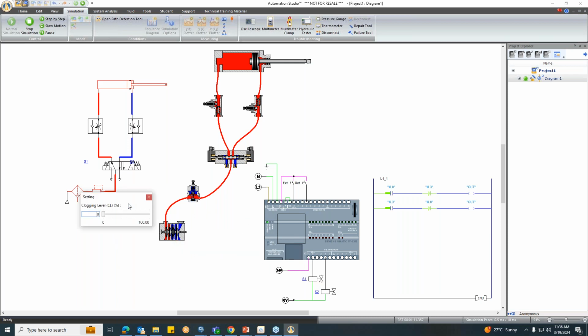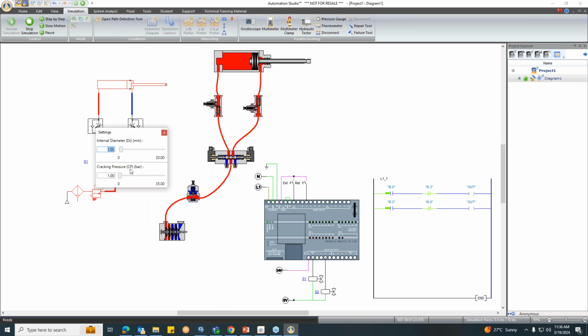In the ISO symbol also, you can change the clogging level of the filter. You can change the setting pressure of the pressure regulator. Currently, it is set at 5 bar, and you can change the internal diameter and cracking pressure of the throttle valve. Okay, I will simulate once again